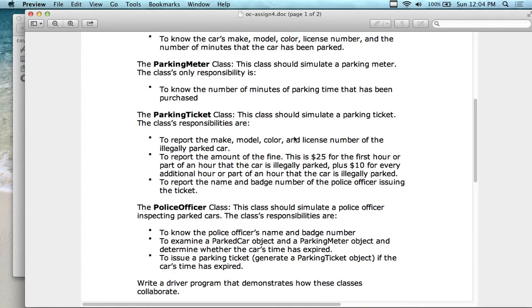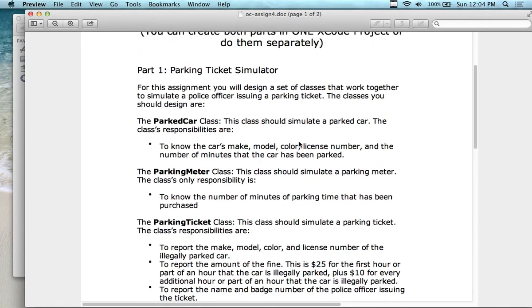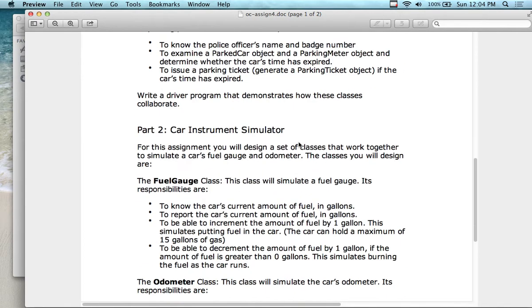But the learning objective here is not to learn how to make a class. You already did that in the first couple of assignments. Now you're making classes, and you're having the classes communicate with each other. And you're mimicking the real world in this scenario. That's part number 1. Part number 2